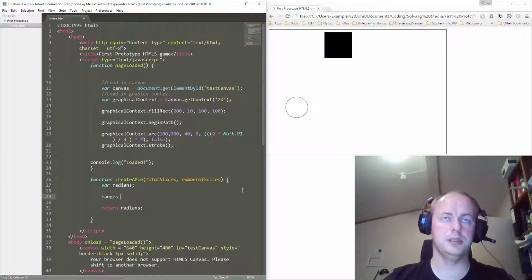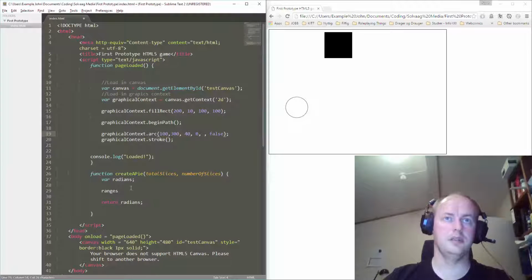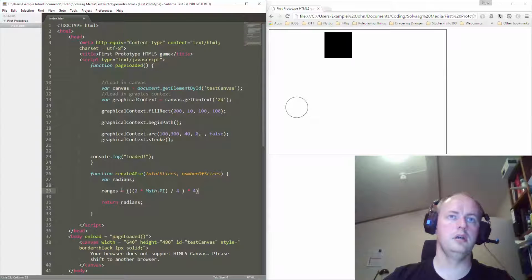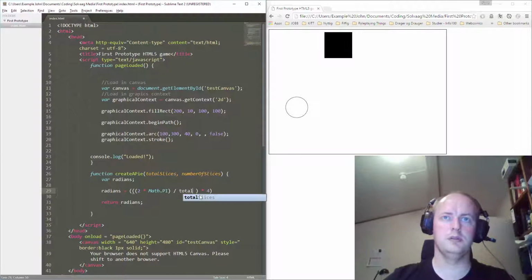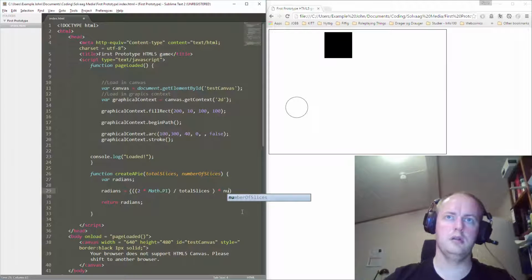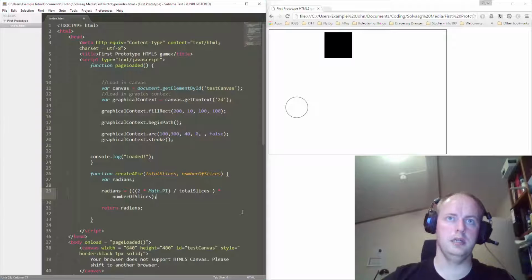So we can do that by just copying this here like this. Why did I write ranges? Like this. So we'll change this with total slices like that and number of slices here. And just finish off that line. Save, and